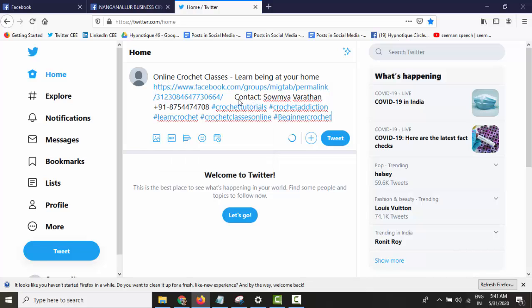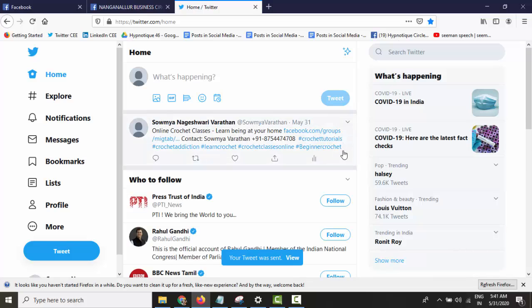That's it. Now, after this, what you have to do? After the description and before the link, you have to leave a space. That's one. Second, after the link and before the text, you have to leave a space. If needed, you can give one here also. I think it's not needed, but to be on the safer side, you can give it. Once it's done, click tweet. That's it. It has come, and it will open the thumbnail also from Facebook, whatever we posted there.